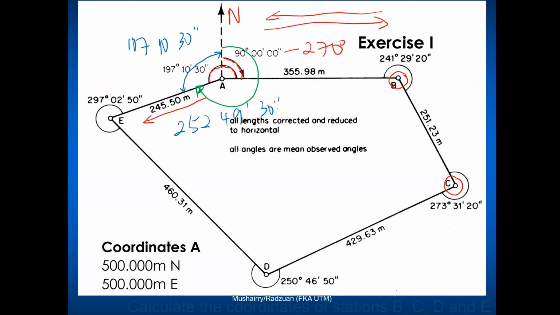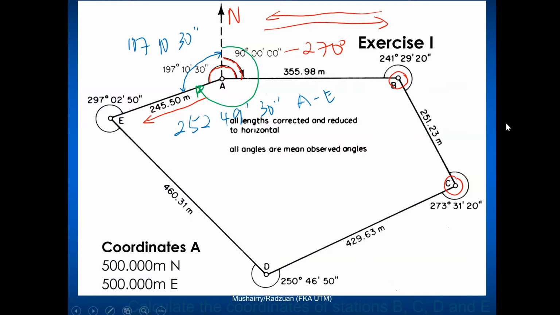So that will be your back bearing from A to E. So the bearing from A to E. So I'm going to use that in this example. As I say, you can either start from B, but I've chosen A just to show you how to calculate a back bearing if you're given a forward bearing, or an angle and a reference bearing.